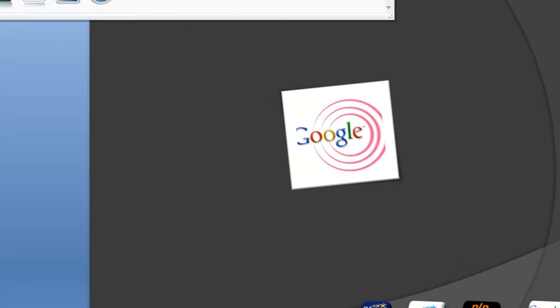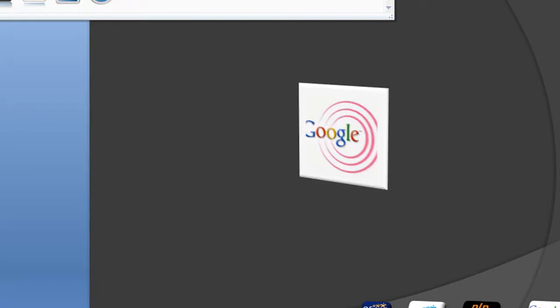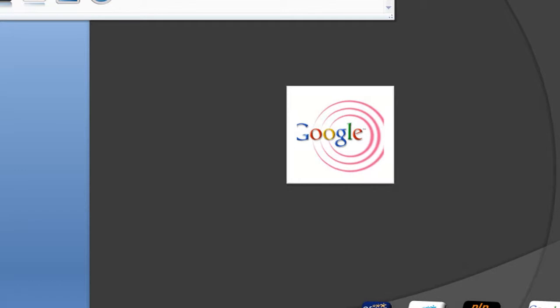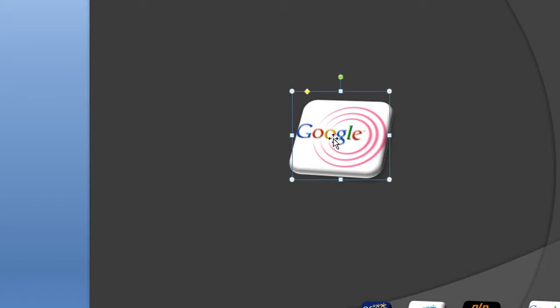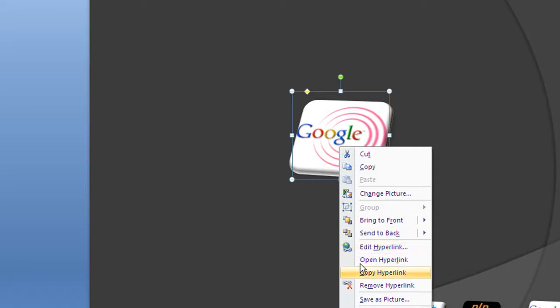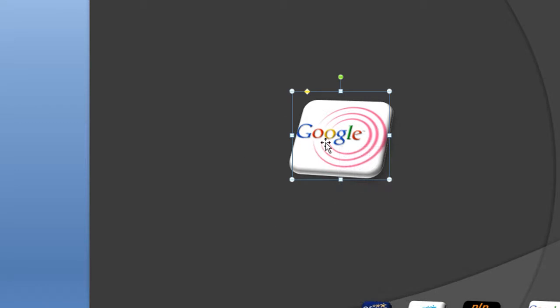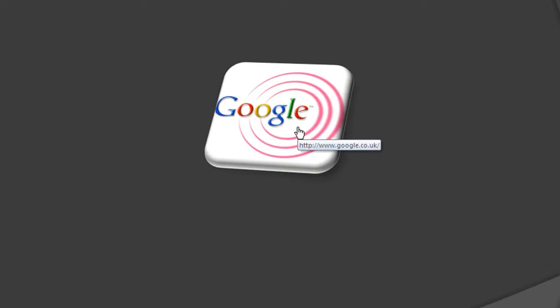But as you can see, it's now changing all the way through it. If I decided I didn't want that, there's no reason why you can't use any of the others. And what's more is, once you've created the link, you can change the look and feel of it, and it hasn't changed the hyperlink, it's just changed the picture shape. So once we've done that, we've then right clicked it, gone to the hyperlink. You'll see now it says edit hyperlink, but we've gone to the hyperlink. We've then selected from the list the reference that we want, i.e. Google in this instance, and then we've run the slideshow from its current slide, and we've tested the link,